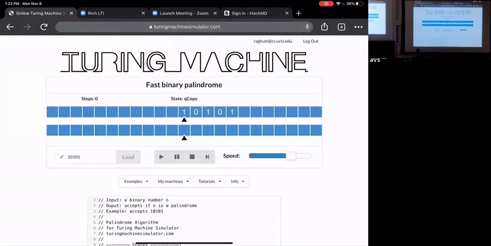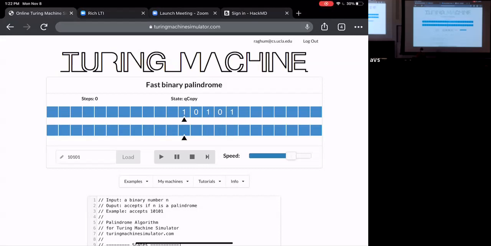So just as an idea, if I allow you to use 2 tapes, how might you think of solving the palindromes thing faster? Yeah? Right, so if I allow you the use of 2 tapes, then it's kind of easier to solve a palindrome, right? Because I don't have to do this back and forth.